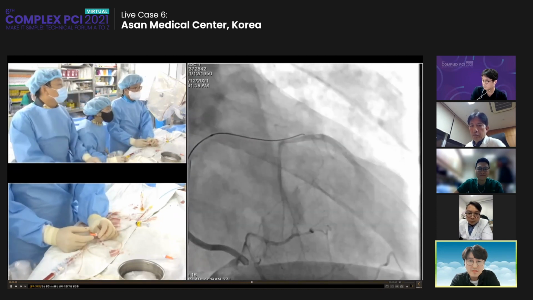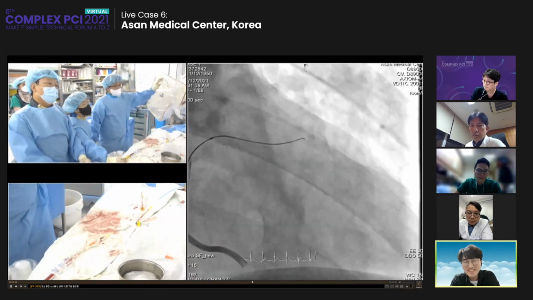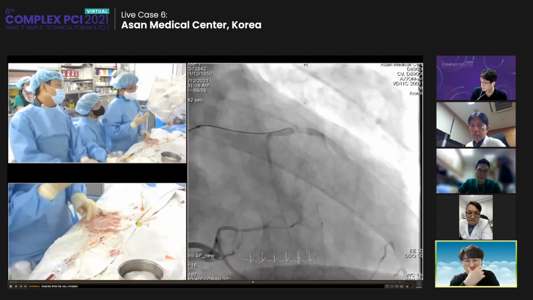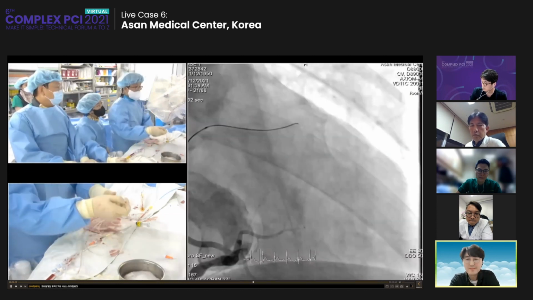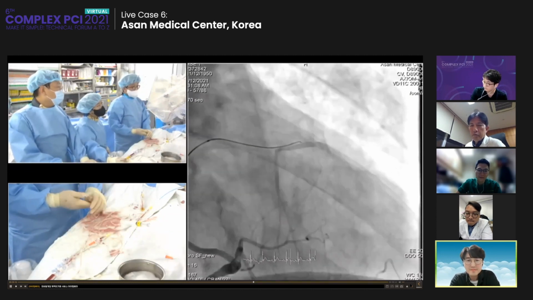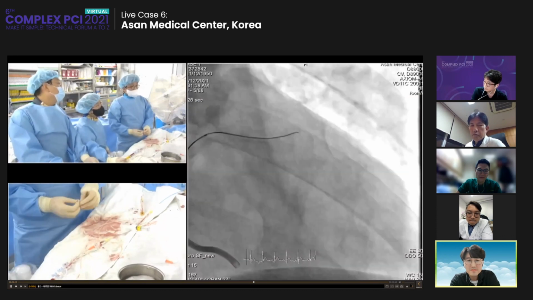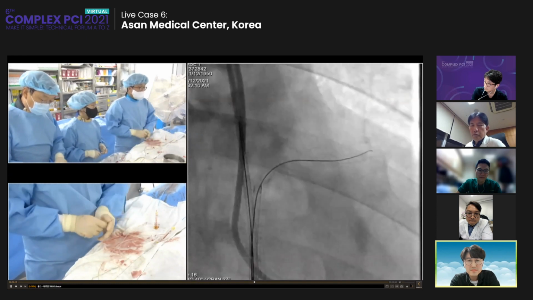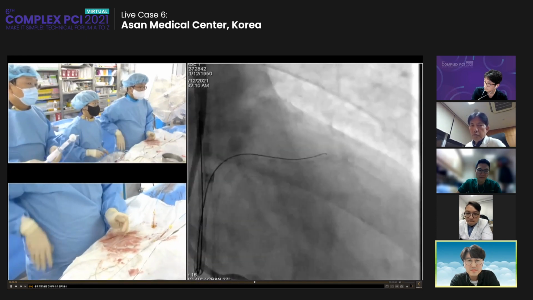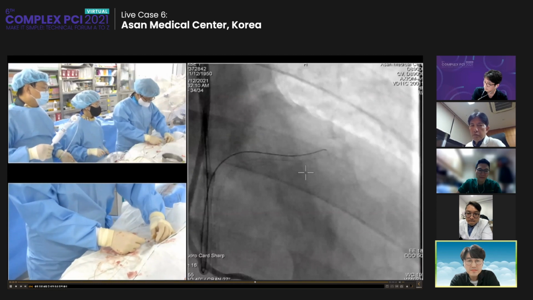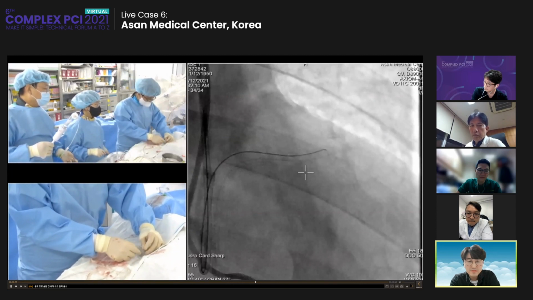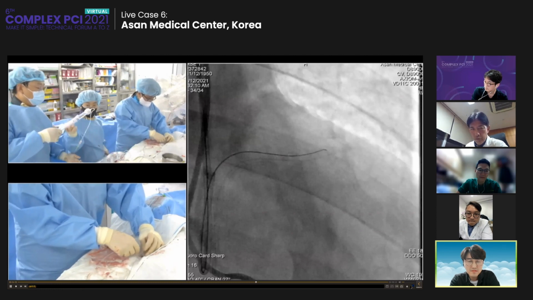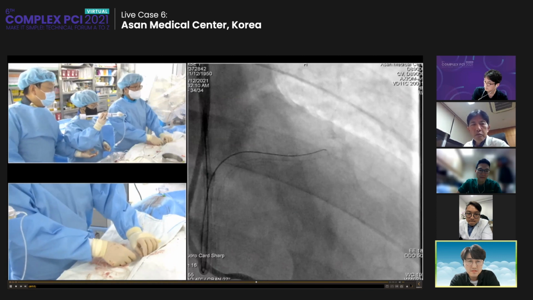So the wire position is better than the previous one, but it's still in the extra plaque position, definitely. So what kind of strategy would you like to choose in this? Now I think it is a very good time point to change my strategy, because I already did this wiring for about 10 minutes. And you see that the position is not bad through the